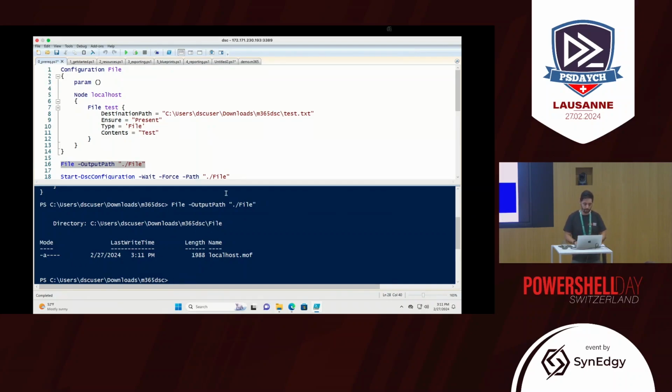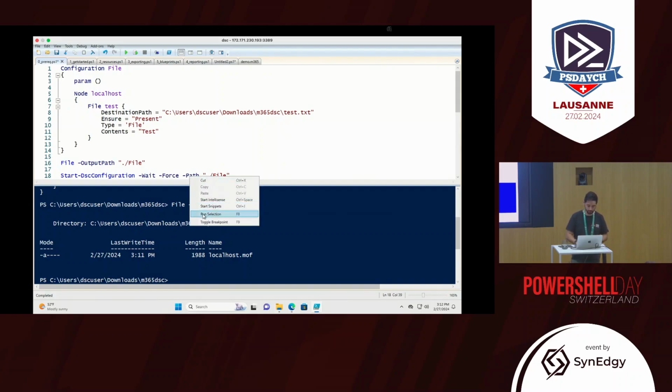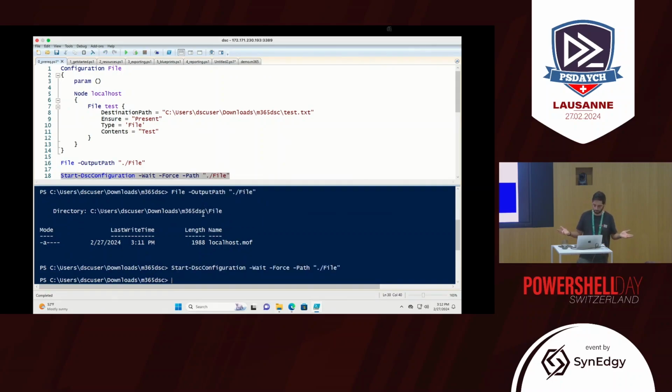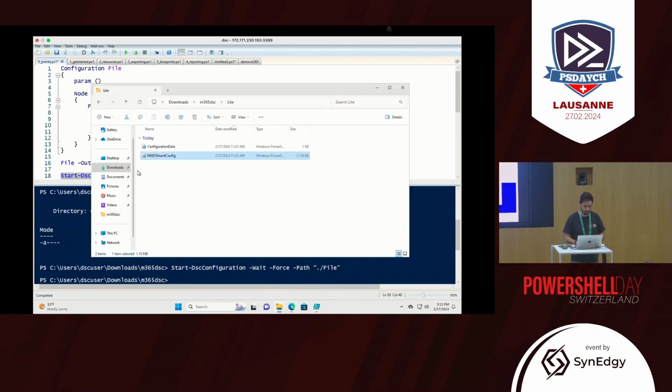So once I finish that, how do I actually apply it? Because nothing's actually happened. I can use this Start-DscConfiguration command, and that will effectively run or make this configuration so. So if I run this, you'll see something happened. If I go now and check this directory, if I go to my downloads directory in this M365 DSC folder,